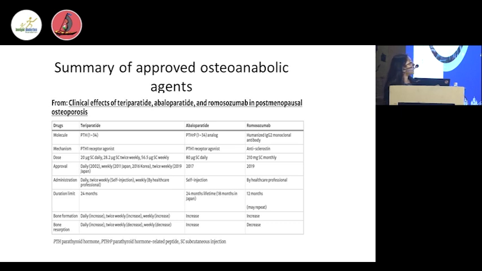And when we compare this to alendronate, there is suppression of the bone resorption marker by alendronate, but there is also suppression of the bone formation marker, and that's how alendronate